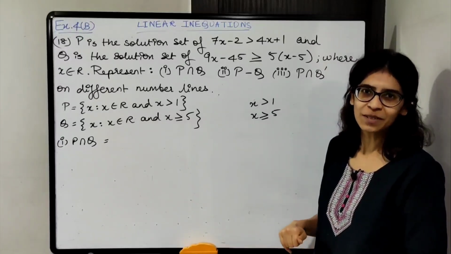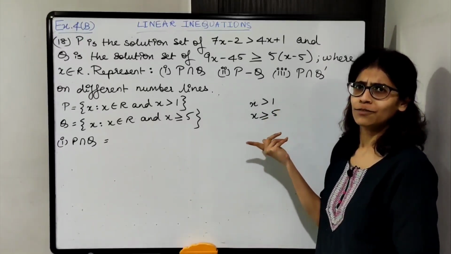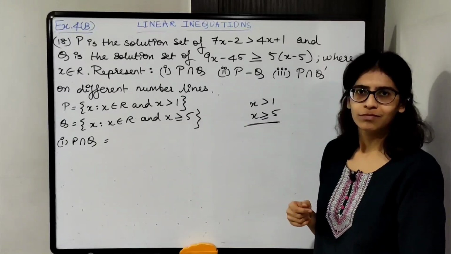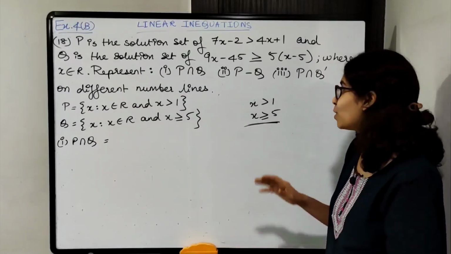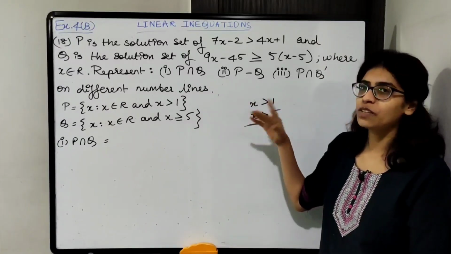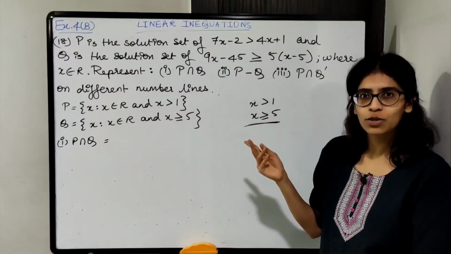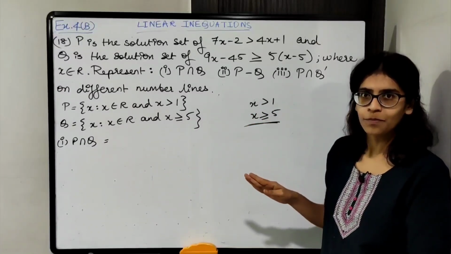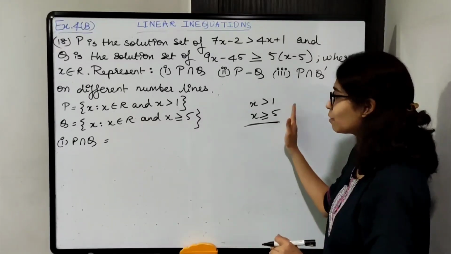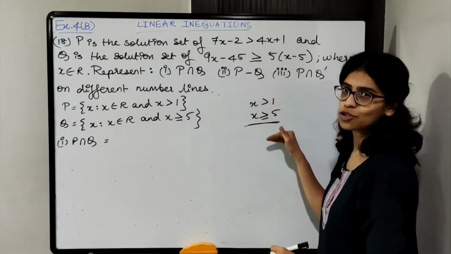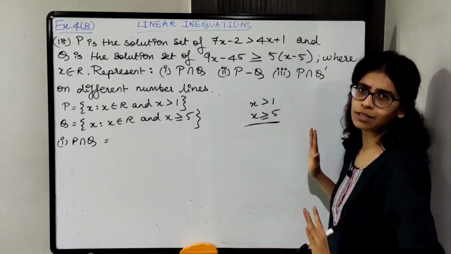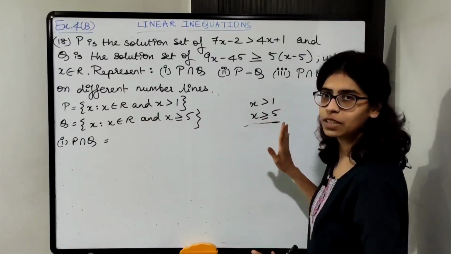Which number will you consider? 1 or 5? 5. 5 is the greater number. So this will be the value, है ना? So as long as it is continuous, discontinuous नहीं होना चाहिए students. For the previous one we had discontinuous. So discontinuous होगा, वहाँ पे ये rule apply नहीं होता है. Okay, एक range है and then दूसरा range है, उसके लिए नहीं apply होता है. But if you have continuous, then you can use this logic. यहाँ पे भी greater than है, यहाँ पे भी greater than है, तो greater number कौन सा है वो consider करो. Okay, so this one will be the solution.